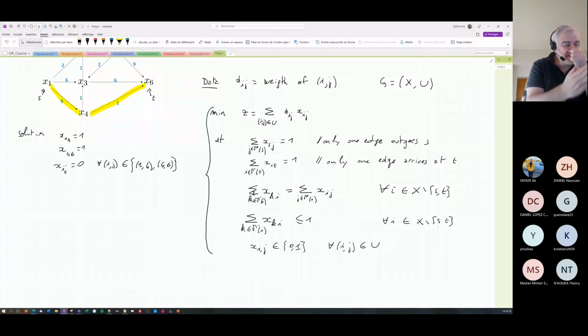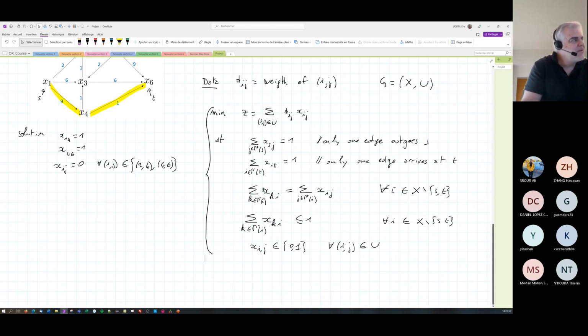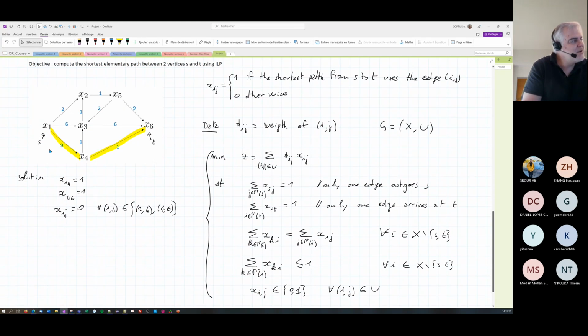So this is our model now, and we would like to transcribe this model in Julia, and then make Julia solve it. And we should find 10, the solution. If we find 10 in 1 hour, we will be happy. Okay, because 10 will be 9 plus 1. But what you will have to do will be very similar, because in the project